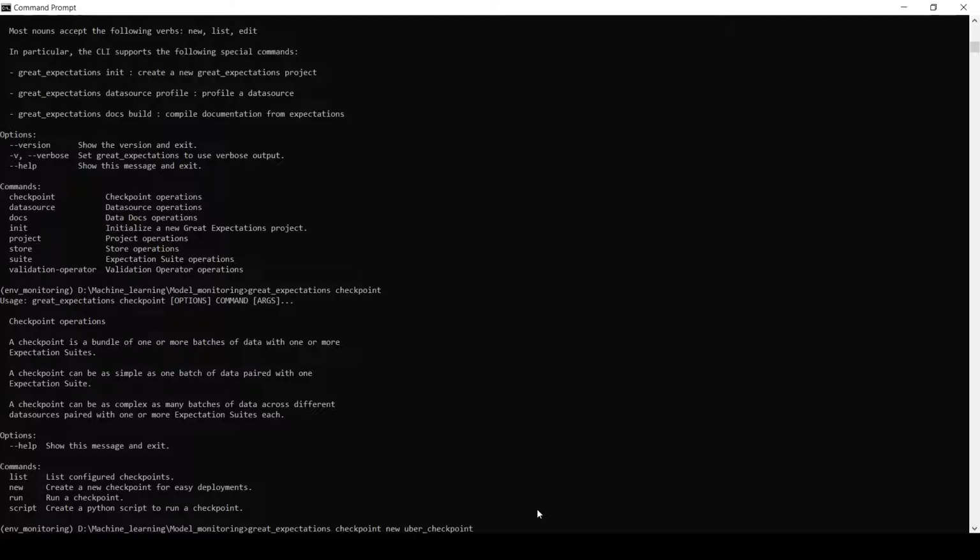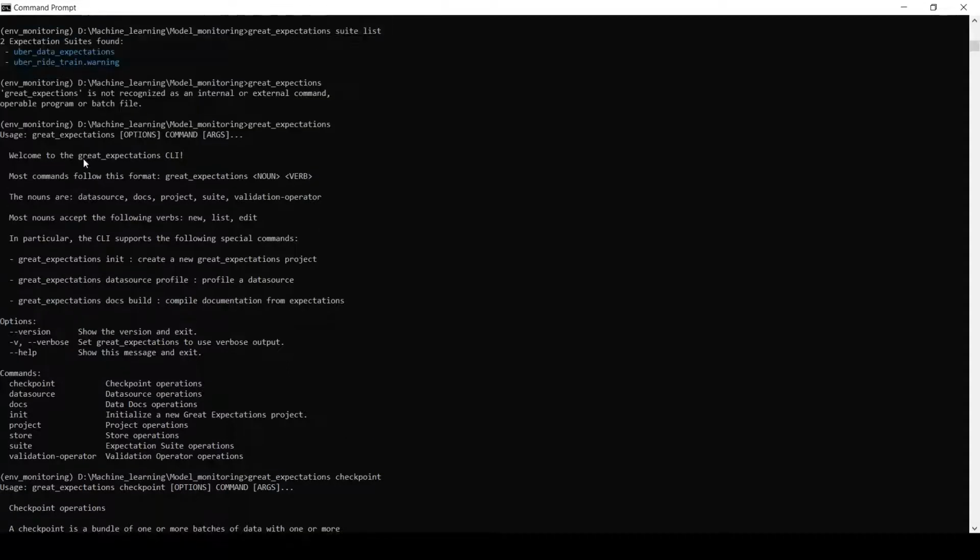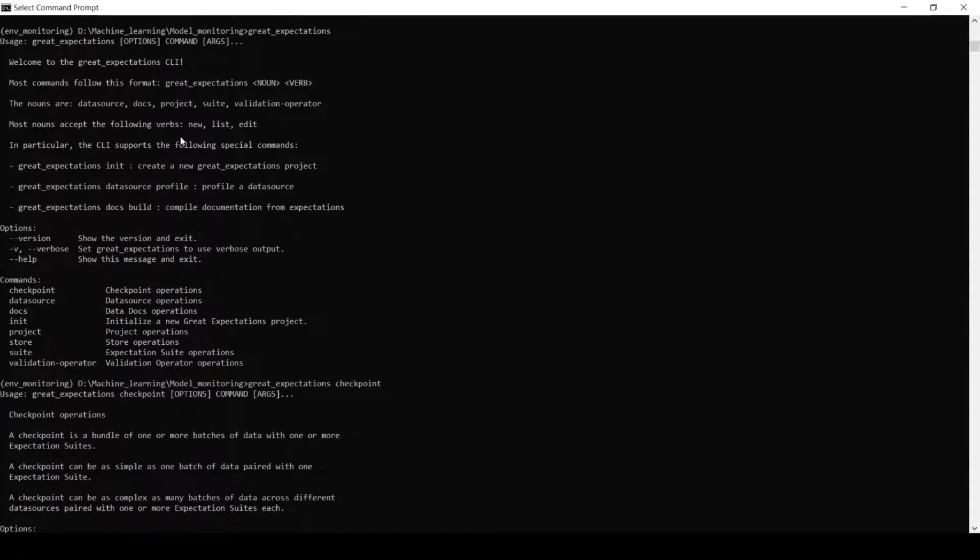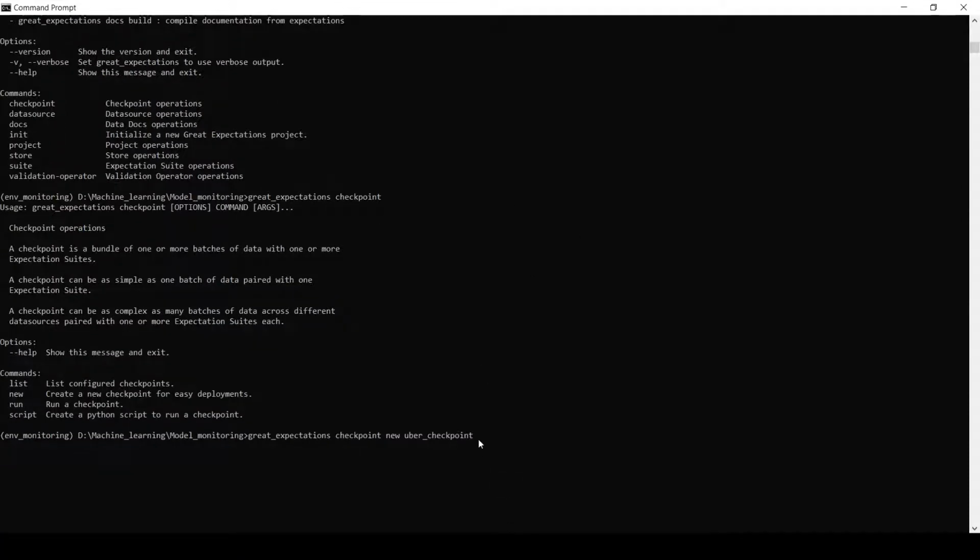Now I need to provide the expectation suite which we would like to attach to this checkpoint. This is the suite we created, which contains all the details of the different sets of expectations for all the columns. We'll just copy it, paste it here and press enter.